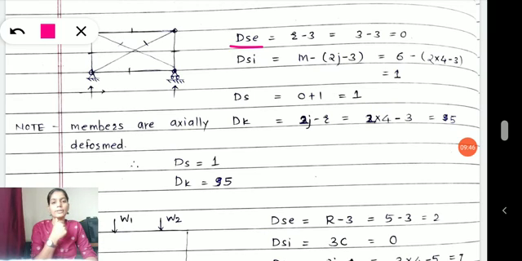What is the formula for ds? ds is r minus 3. r stands for what? Support reactions. 3 stands for the equilibrium equations in your system, to solve your system. But we know only 3 equilibrium equations are possible to use for the analysis, and that's why somewhere you can see the equilibrium equations will rise to 6.